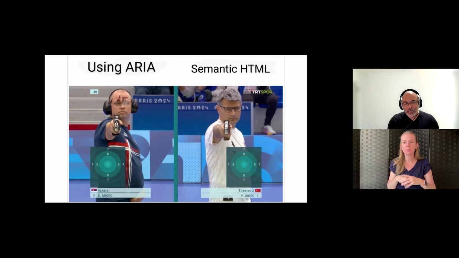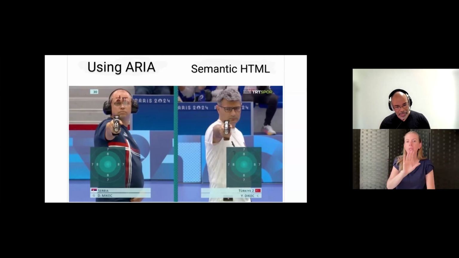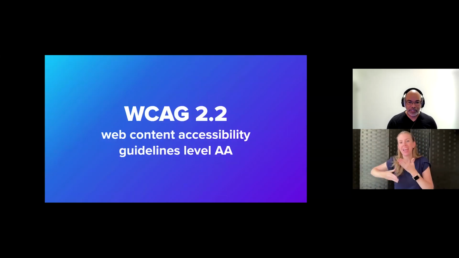There are times you will run into issues inside your design systems when you're asked to build a component. Our design teams will come up with a unique pattern where native HTML elements will not solve that problem. But that still doesn't negate the fact that you start with semantic HTML first. You start there, then you use ARIA to help bridge the gap so that it actually works with assistive tech. So not ARIA first, semantic first. We want semantic first, then add ARIA at the end if you find that you actually have those gaps.